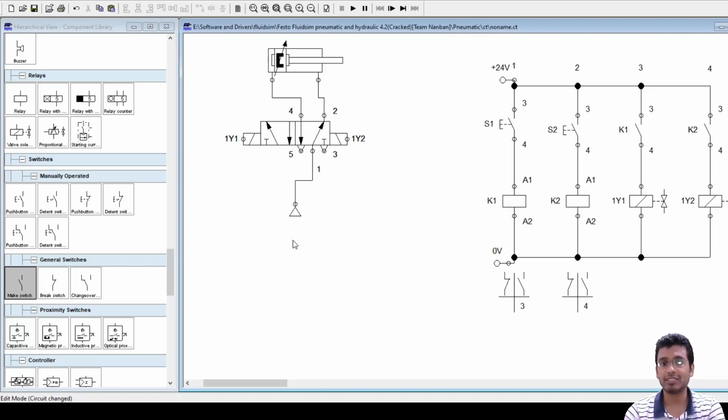Fine. Try to understand this. Why can I not say my cylinder is an output? Instead of this cylinder, if I remove it and put one rotary actuator here, that is my rotary motor. Okay, so still this circuit will work. The moment you press this push button, my pneumatic motor or my hydraulic motor will start to run clockwise, right? And the moment I engage 1 by 2, it will start to run anti-clockwise. Are you getting my point?